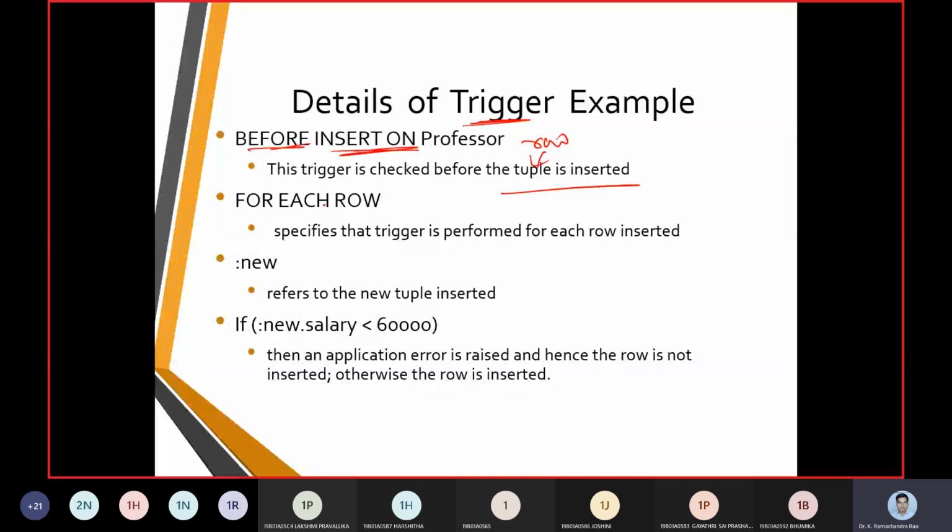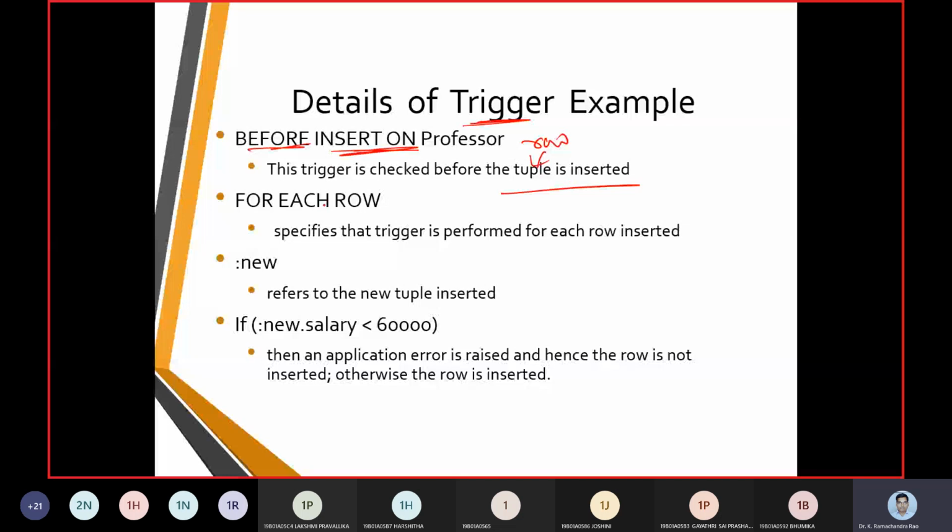What is the event? This part, before delete or insert or update of the table, we call the event. Then we verify it, which we call the condition. Then we put what should happen when the condition is fired. That is called the action.